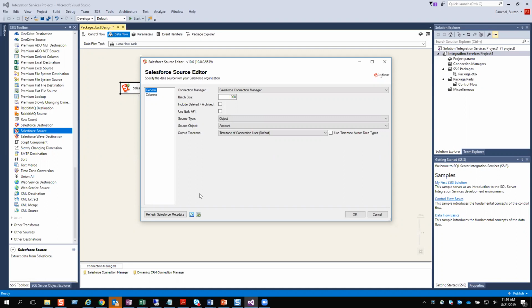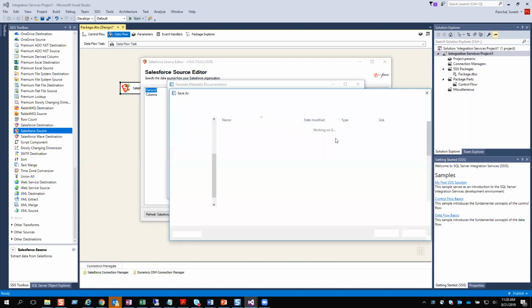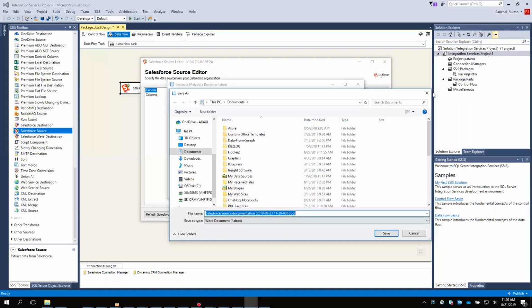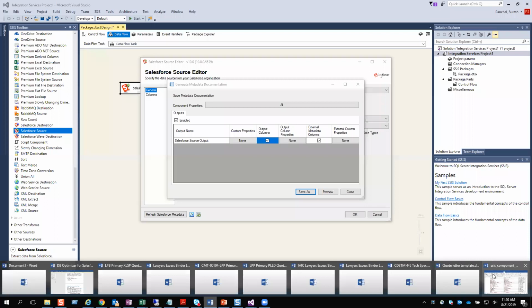So you might have other tools, but let's say if you're already a KingswaySoft user, then one interesting feature is to just click on this generate documentation. If you click on this generate documentation, select the output column and just say preview or save as. Once you do that, you will notice that by default, like SSIS,